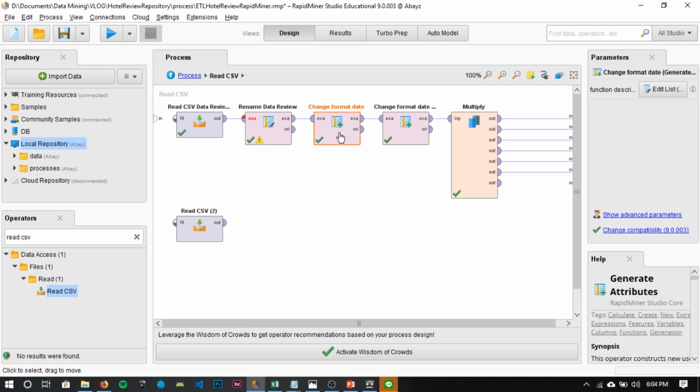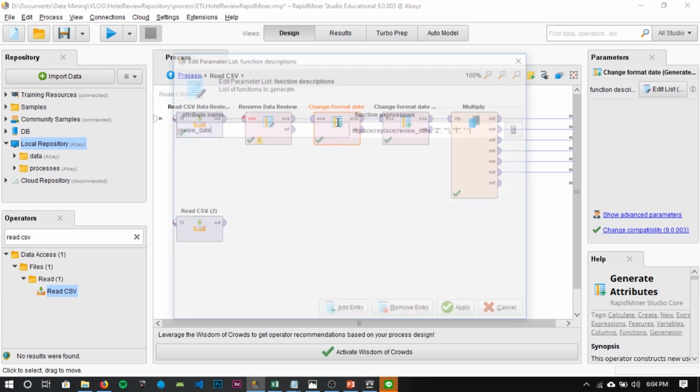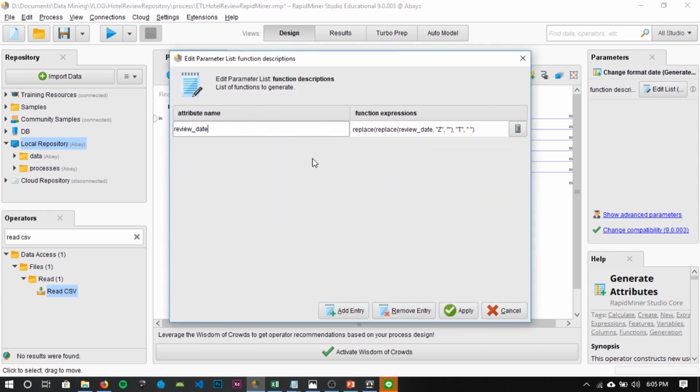Double click on the Generate Attributes operator, and in this dialog there are two fields, attribute name and function expression. Attribute name means the attribute whose value you want to change, and function expression means the logic for changing the value. If you are done, click the apply button.